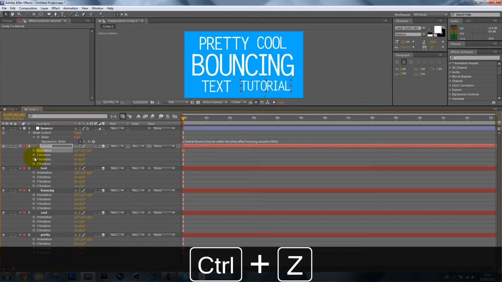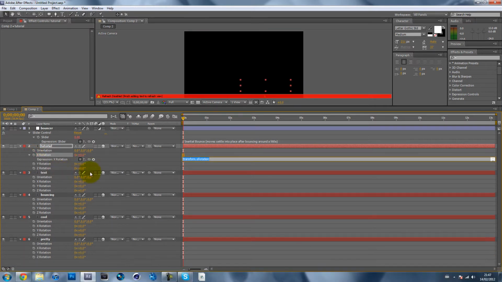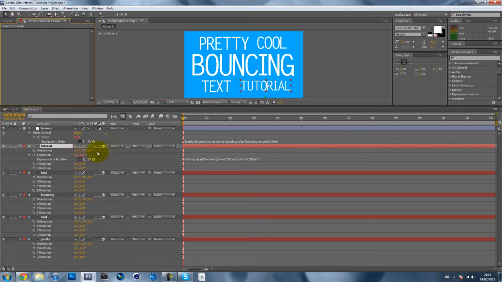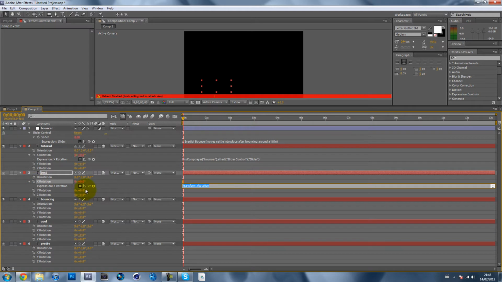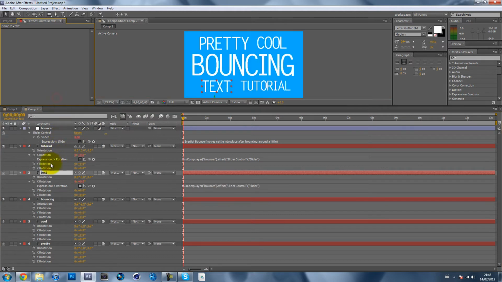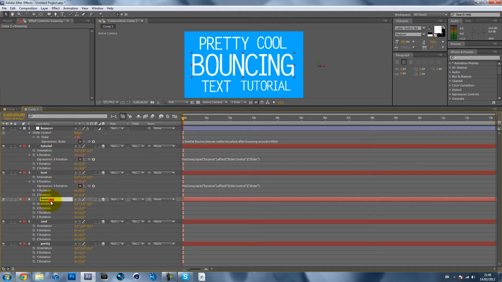So what we're going to do, we're going to alt click on the X rotation, grab this little pick whip tool here and drag it to the slider of the bouncer over there. We're going to do the same for text. So alt click on the X rotation, grab the pick whip, drag it to the bouncer slider control there. For bouncing, we're not going to use the X rotation,